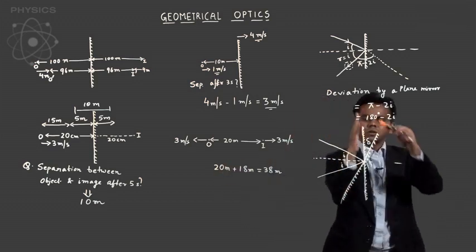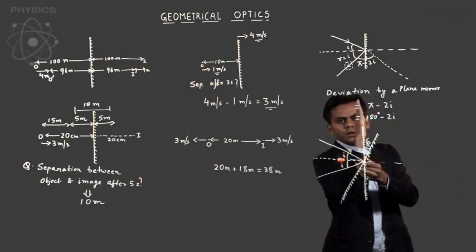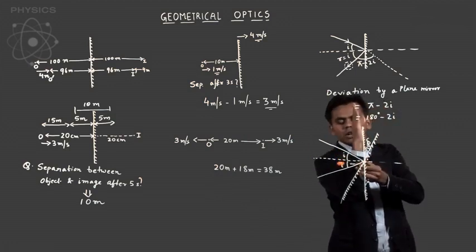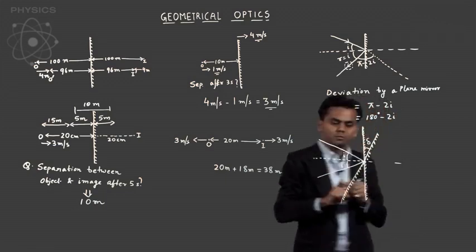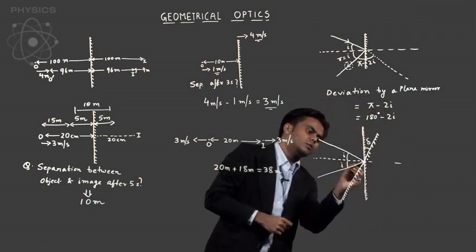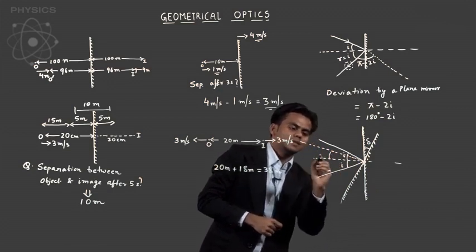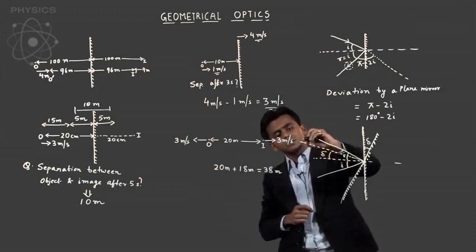If this is your joint, or rather your welded two pieces of rod, if you tilt this rod by delta, even this rod would be tilted by delta from the horizontal, which means my new normal would be this and tilted by delta from the horizontal. So if this is your new normal,